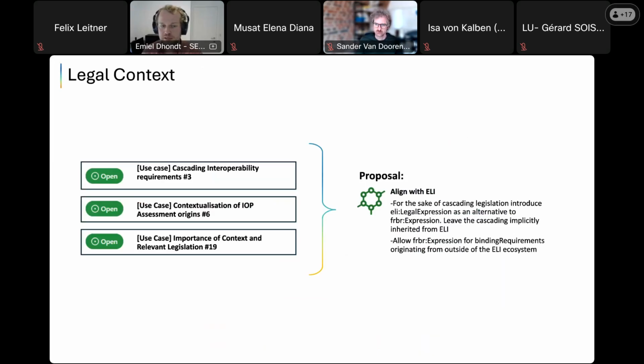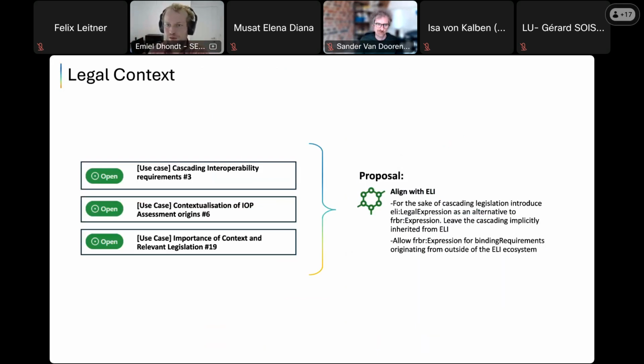Why implicit? Because it's very complex. As you all know, legislative matters are complex. You have different levels, different kinds of reuse. And if I were to include all of this within this model, there would be more of the model about that than about actual assessments. It would muddy the waters a bit, and it would just be copy-paste of ELI, because this is what ELI